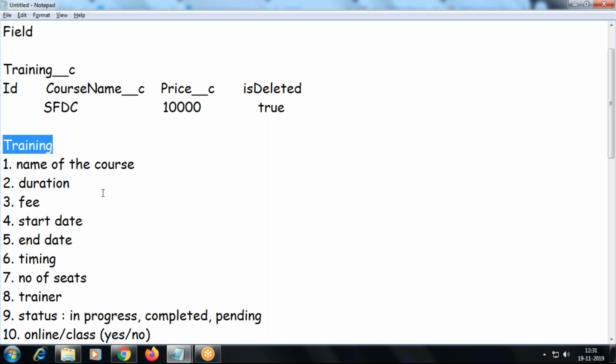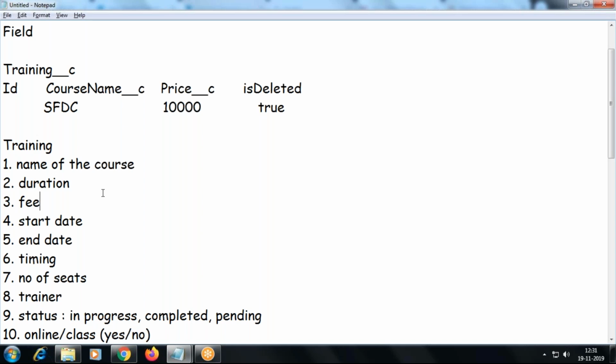But usually in real time you may get all the specifications. Suppose you are an experienced, domain-certified candidate, then you may need to create every field of your object table from scratch.